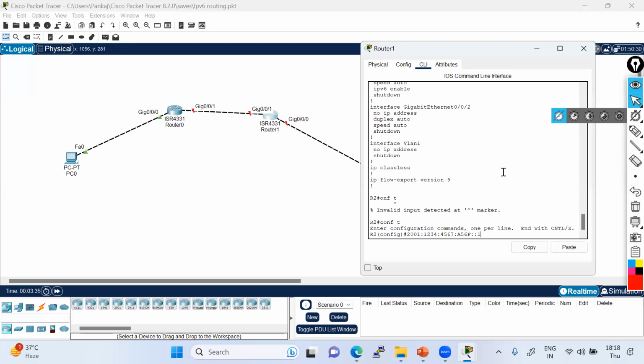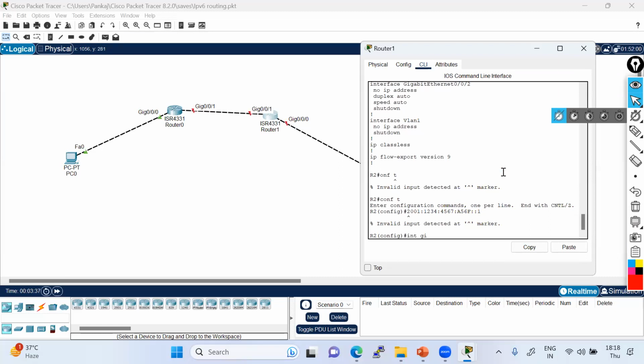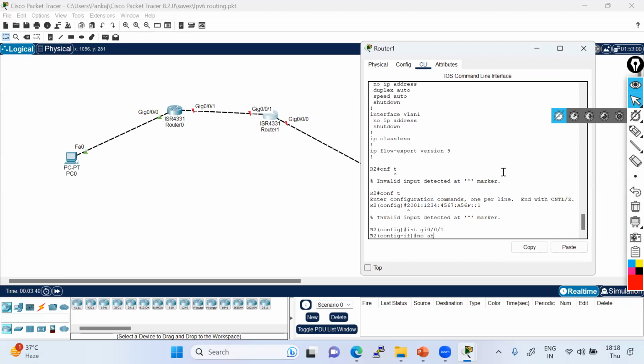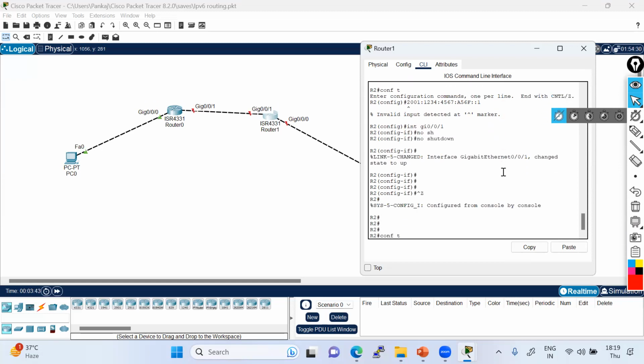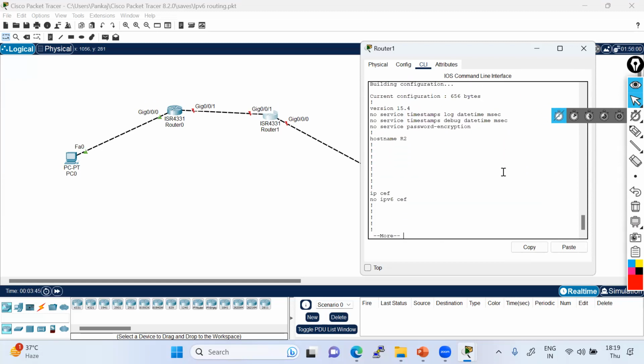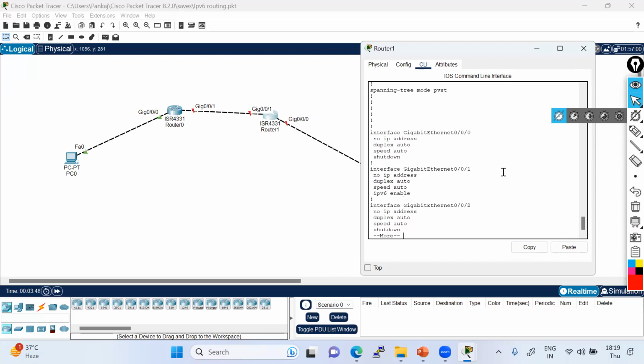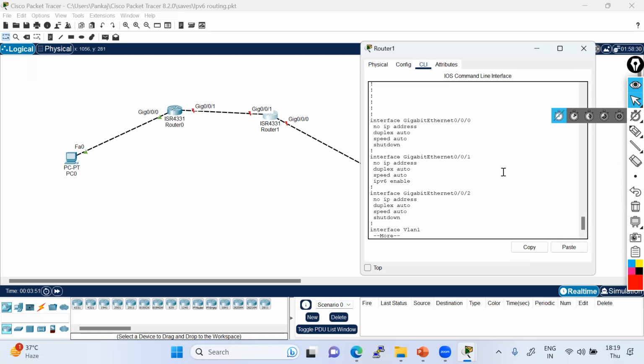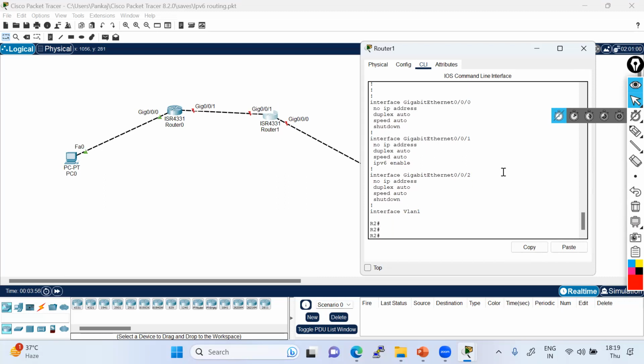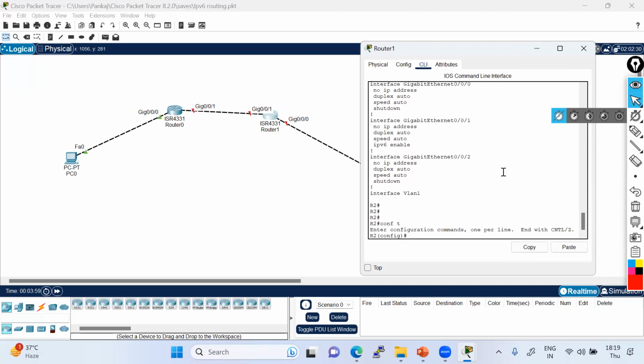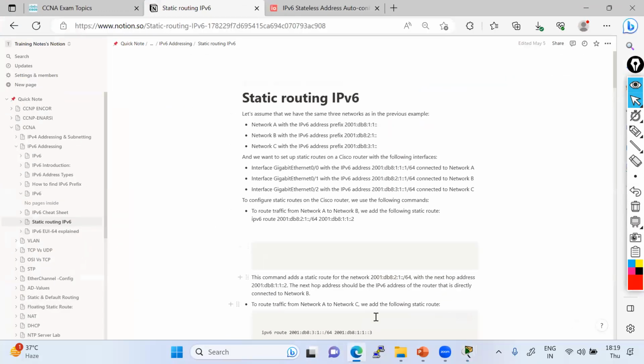Let me just try to do no shut. One no shut, right? So run configuration. So still not, right? This is GNS, but on actual devices, the link local is definitely going to show you. There is no doubt about that, okay? But this is GNS, it is not going to show. Let me try some actual devices, but I have to open them.